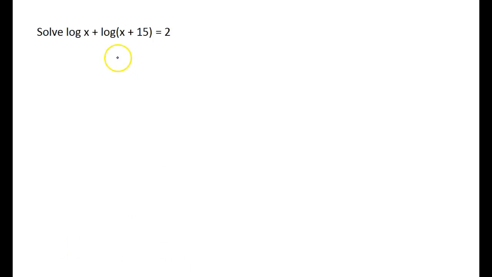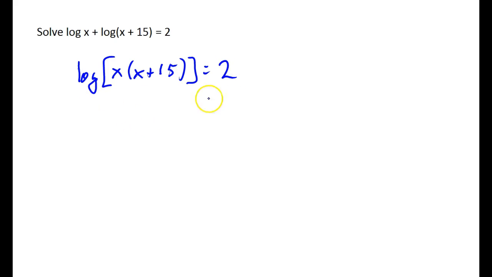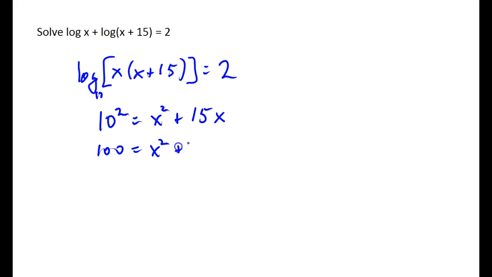On this example, the first thing we have to do is condense these two logs into one. And remember, when we add logs, we multiply the terms we're taking the log of. So this is going to be the log of x times x plus 15 equals 2. Now I can convert to exponential form. So this is a base 10 log. 10 squared equals x squared plus 15x, or 100 equals x squared plus 15x,